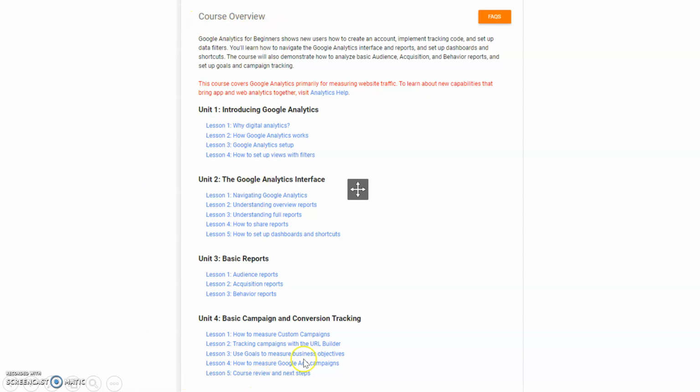The whole course is actually divided into 4 units or modules. Unit 1 is about introducing Google Analytics, which has 4 different lessons. Lesson 1 says why digital analytics, that means the importance, lesson 2 is how Google Analytics works. Google Analytics setup is described in lesson 3 and how to set up views with filters is described in lesson 4. Unit 2, which is about the Google Analytics interface, speaks about